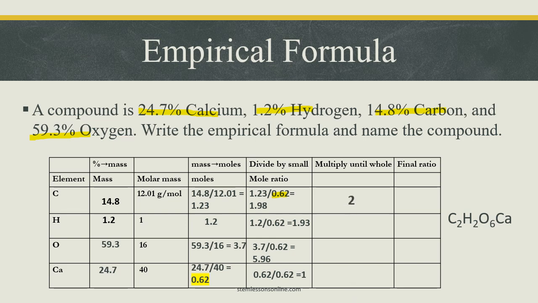So now look at that. 1.98 is very close to 2. So we don't have to multiply or anything. We just round it to 2. The next one also 2. The next one will be 6. And the next one is 1. So the final ratio of carbon, hydrogen, oxygen, and calcium will be,